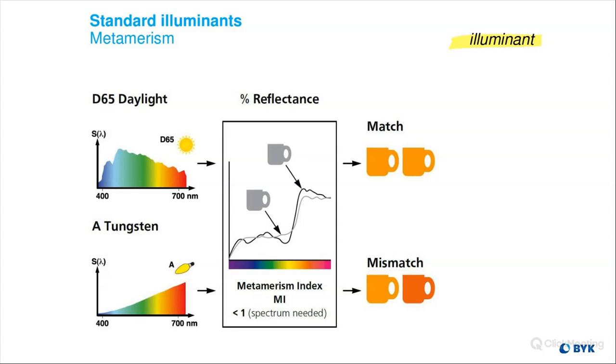Now, if you've ever seen a spectral reflectance curve, and we'll talk about that later on in the presentation, that's what you're seeing in the middle here. So one of the cups is one of the curves and the other is the other curve. And typically you'll find metamerism if you have the spectral reflectance curves cross each other three times. Other than that, you'll usually have pretty close to the same color. But if it crosses three times, then you can expect to see some metamerism happen somewhere along the line.